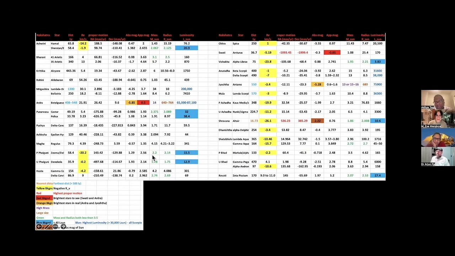Purva Falguni, Aryaman, Bhaga, Uttara Falguni also. Savitur. Then I did not get Chitra here, but Vishaka, Indra. You can think of Indra. Then Shravana is again Vamana, Vishnu, correct? Shatabisha is Varuna, again Aditya. And this is Pushan. You see, all Adityas, except Chitra, getting almost most of them. All families of the Sun, very similar in mass and radius.